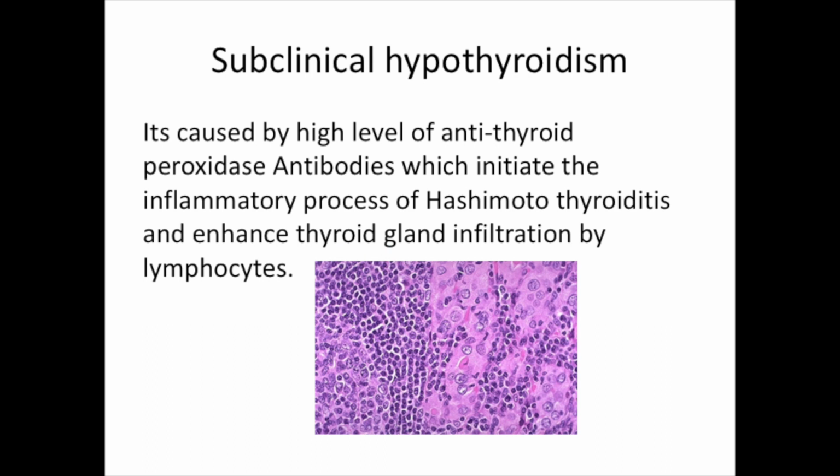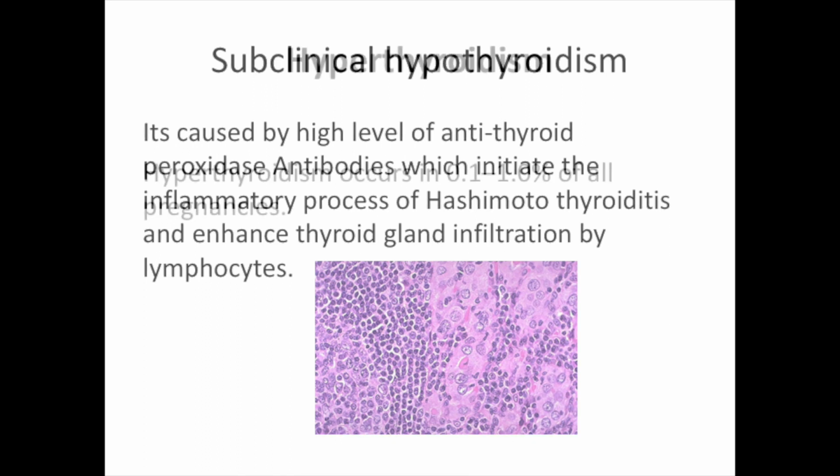Subclinical hypothyroidism is caused by a high titer and high level of antithyroid peroxidase antibodies or antithyroglobulin that initiate and start the inflammation in the gland. This will attract lymphocytic infiltration to the gland, causing lymphoid follicles, destroying the thyroid follicles, ending up with subclinical hypothyroidism. More infiltration, more apoptosis, more necrosis. This will turn the gland into, or end up with, frank overt hypothyroidism. Now,